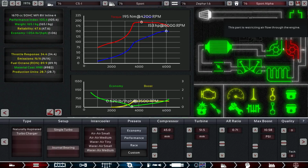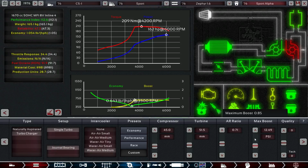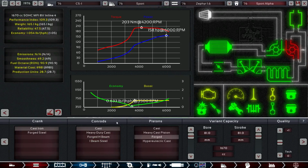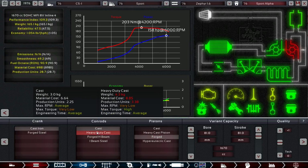Okay, so let's keep it at an 11 psi boost. We're going to do some more work here. We're still on forged piston heads, but we're going to have to go with a...